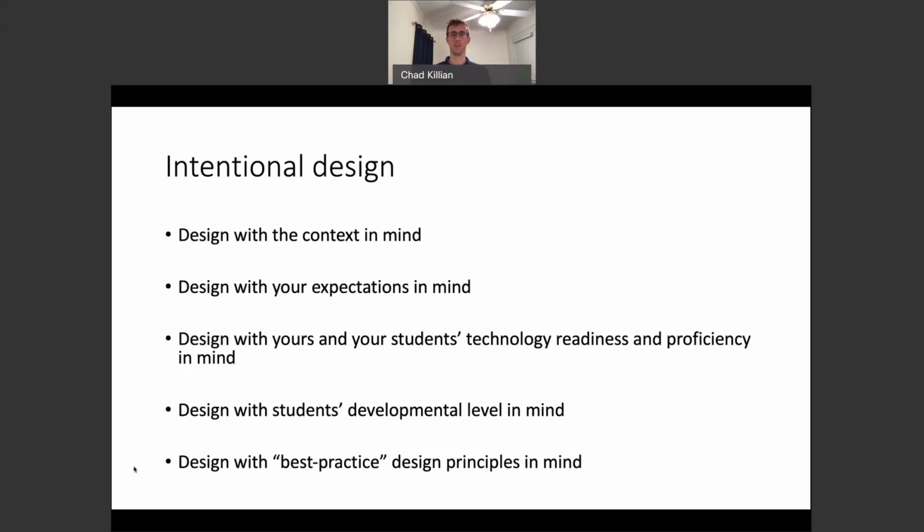And so just some of the broad design perspectives I would recommend is design with the context in mind. This is a highly stressful situation for a lot of people. It's different than physical education. And so we're not just going to be able to take a unit that we really wanted to do in class and just put it online and make students do it. That's not reality. And I would even argue that it's not appropriate. So be mindful of the context and design with your expectations in mind.